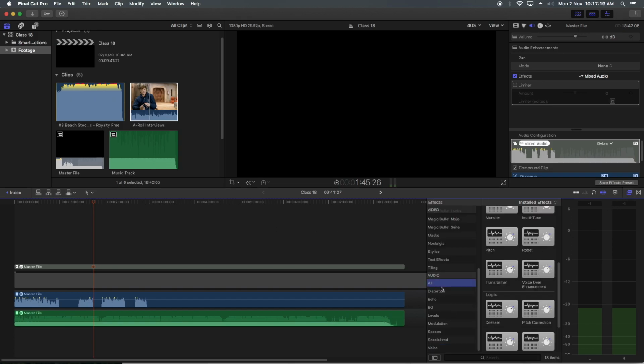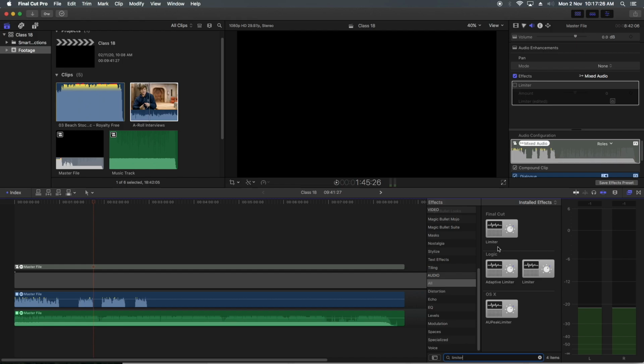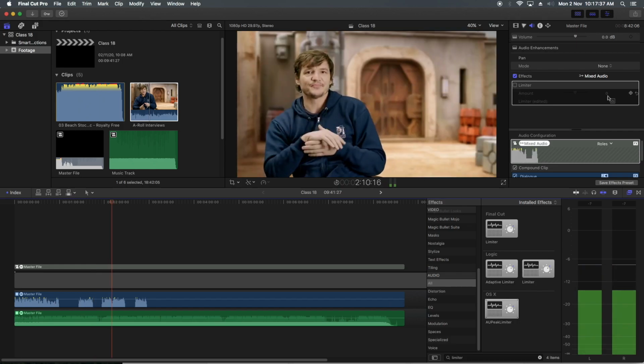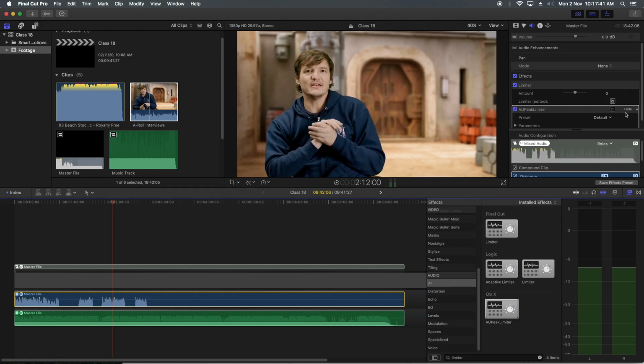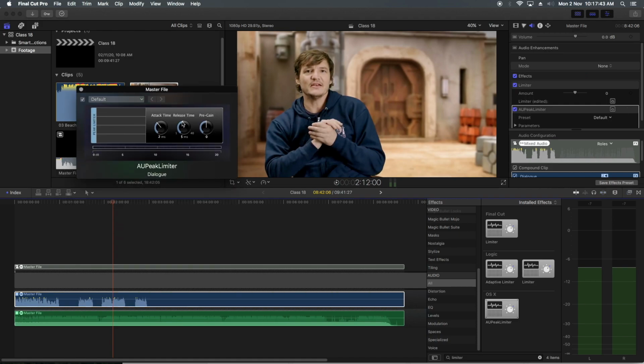At any point, if you want to search anything, click on All and click Limiter, and you will find all limiters. Peak Limiter, if you drag it, now again pre-gain, attack time, default, you can use these kinds of things.